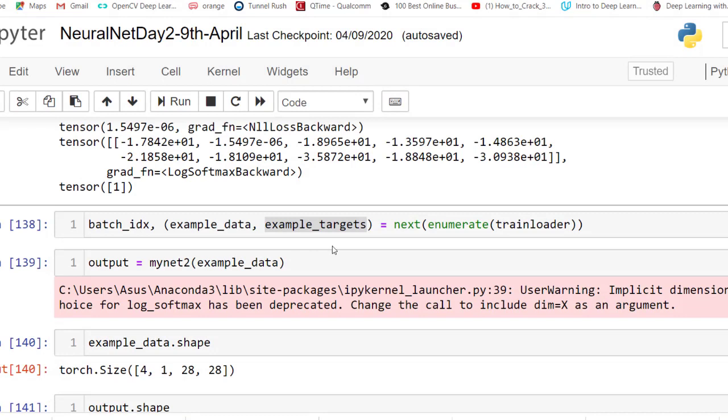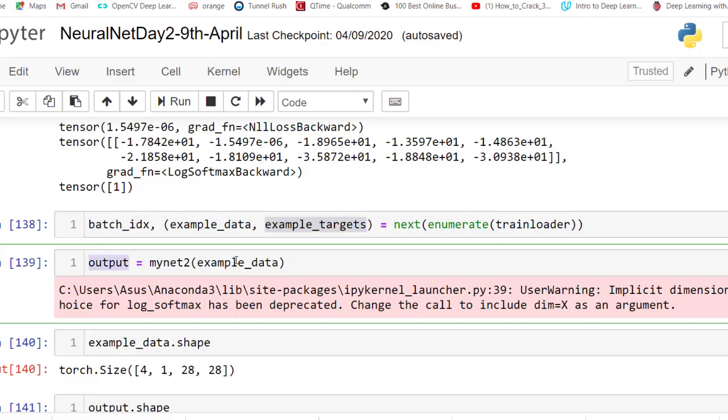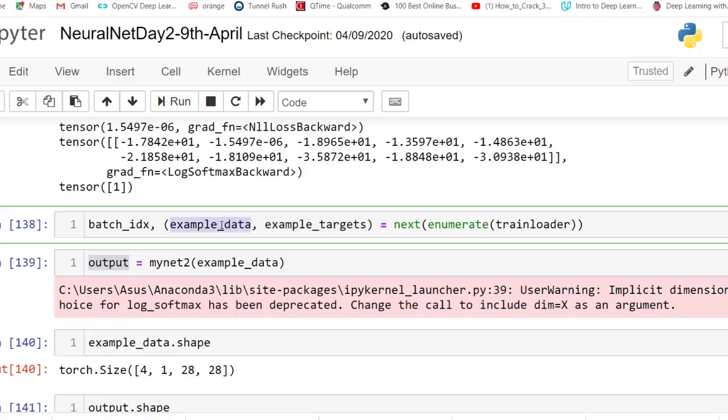So I just want to take some training examples and see if the network is really predicting correctly. So I just go back to the train loader and get the next batch. By using this, you need to do next enumerate train loader, and I get batch index, data, which is a batch, and example targets. Now I will also get the output. This is the output of the trained network, so I just need to pass the data. Okay, and I got an output.